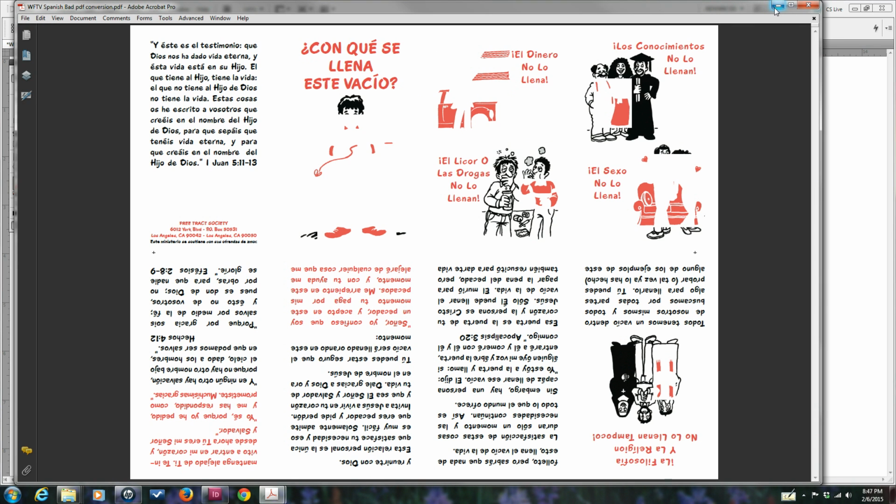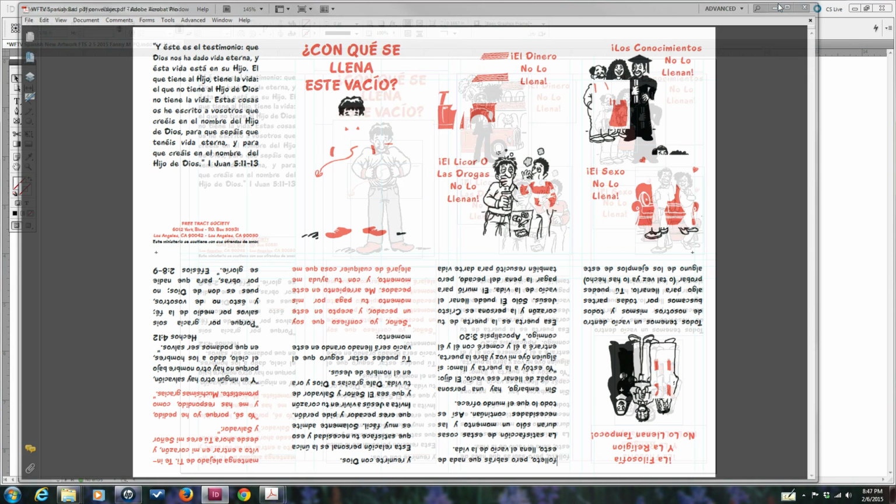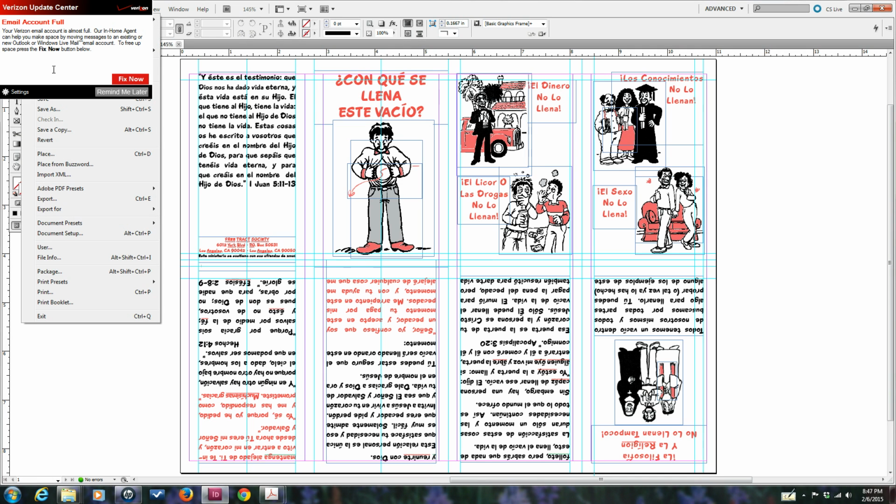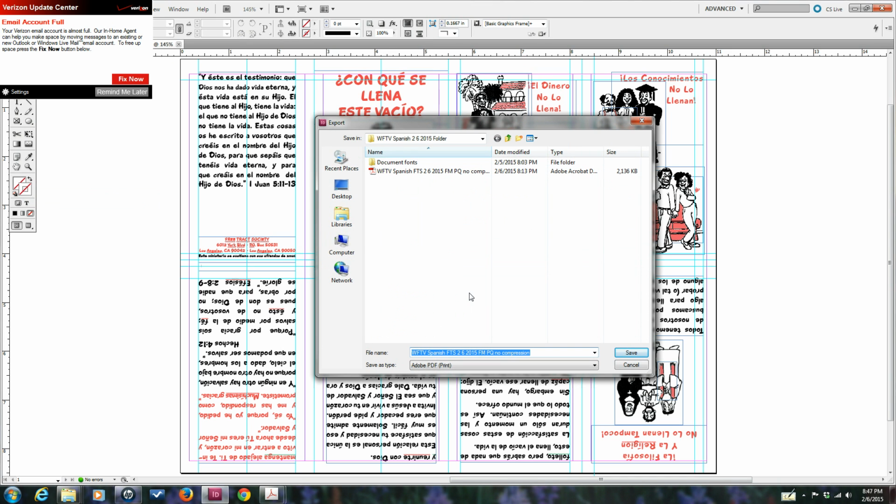So we'll downsize this, and the solution is to go another route. So we're going to go up here, File, and this time we're going to go to Export. And by going to Export, we're going to say where we want to save the document. I already have it here once. It's no compression on this one, but by taking out the compression, we're hoping we can eliminate the problem that we had, the way the graphics didn't display properly. So what we're going to do is go Save,